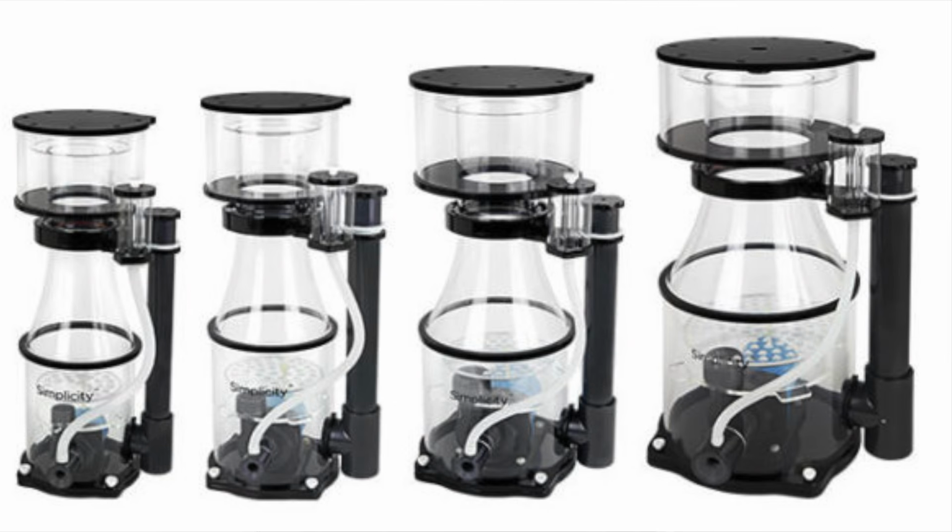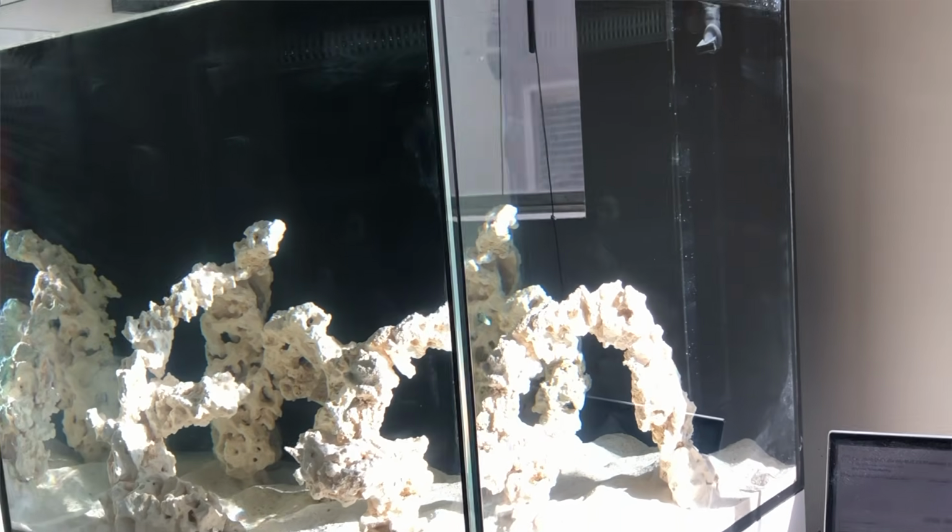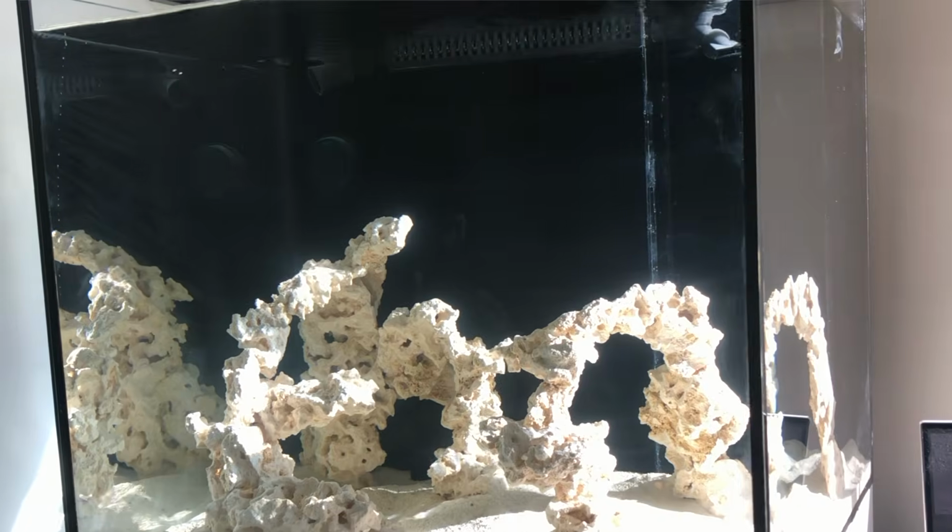Now, some of you guys that have been watching this and are very astute have noticed that there is something that I didn't include in this tank so far, and that would be the skimmer. You could say I skipped the skimmer. I skimped on the... there's a joke there somewhere. We'll workshop that. The reason that's not included right now is because my tank is still very, very new. I don't think there's much need to have a skimmer in your tank at the very beginning. I think once nutrients start getting a little crazy or I get more fish in there, then we'll throw in a skimmer. But for now, I think it's unnecessary. I will keep you guys updated though when I get...